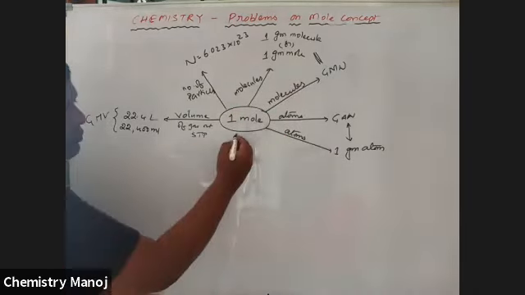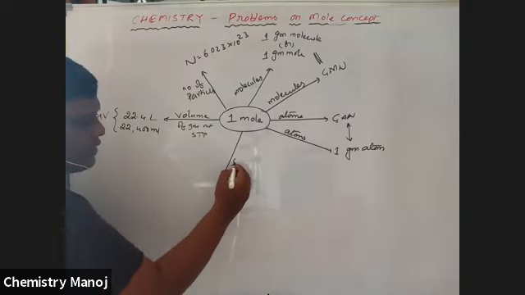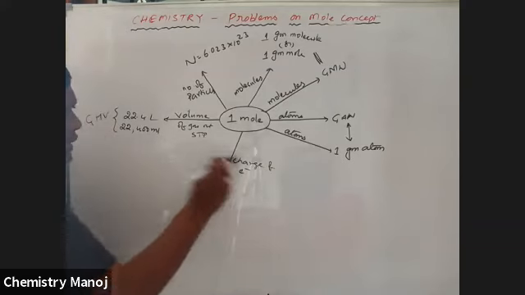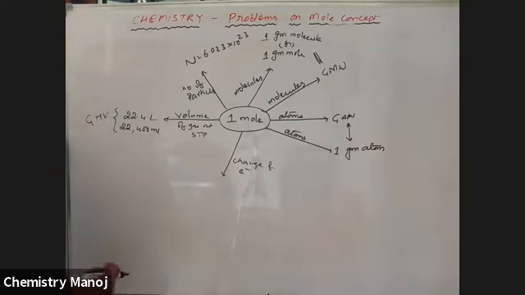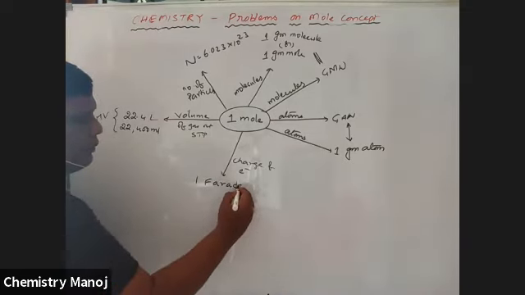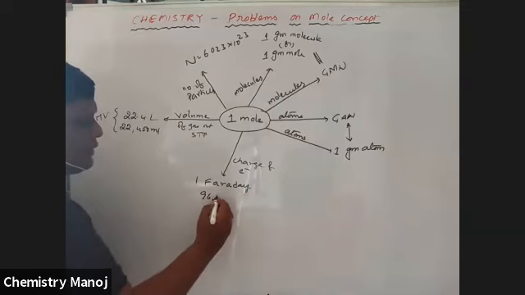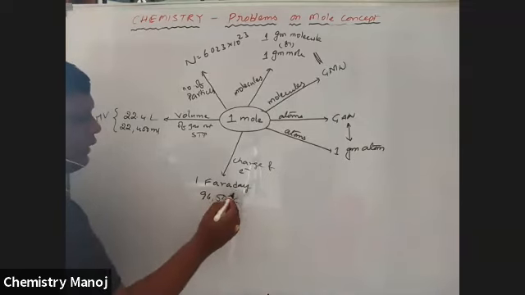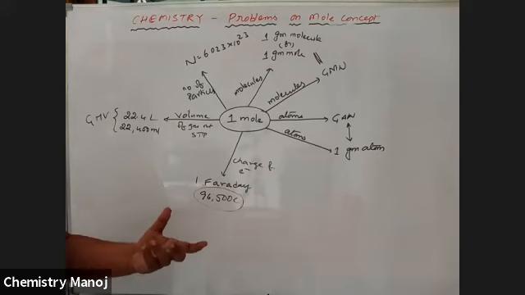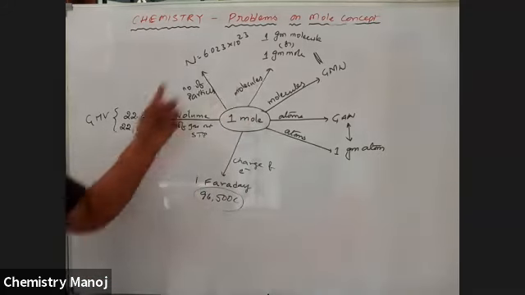Next, the charge of 1 mole of electrons is equal to 1 faraday, nothing but 96,500 coulombs. Already the calculation was completed yesterday. So that is 96,500 coulombs. So for 1 mole, all these are considered.